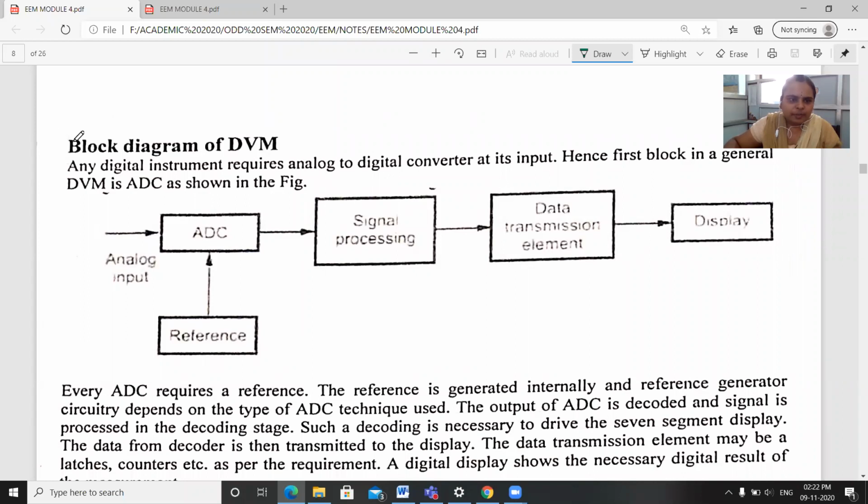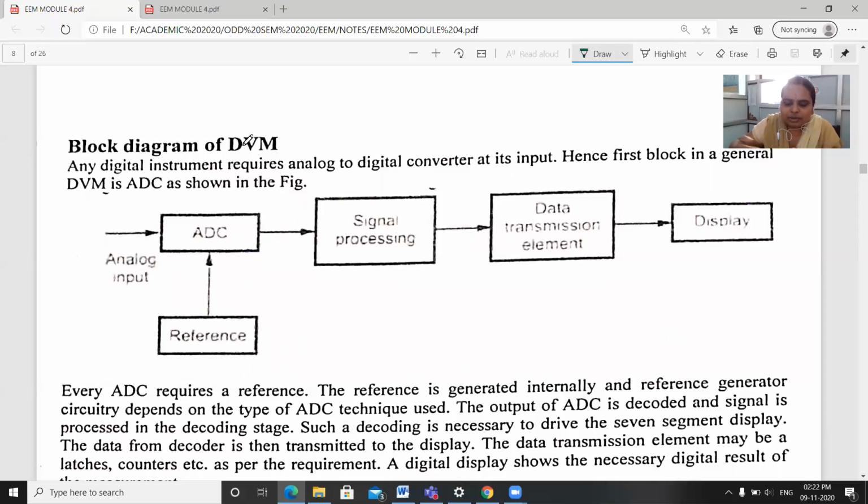Okay, today's topic is that we are reading about a digital voltmeter. Why is a digital voltmeter needed? When we measure analog parameters like voltages or currents, those are in an analog form. When you measure an analog signal, the value that we measure should be in a precise manner, right?